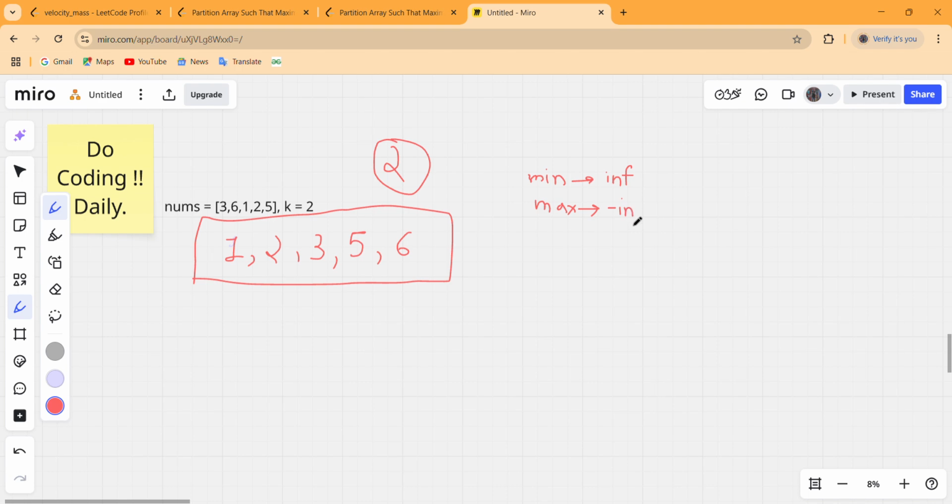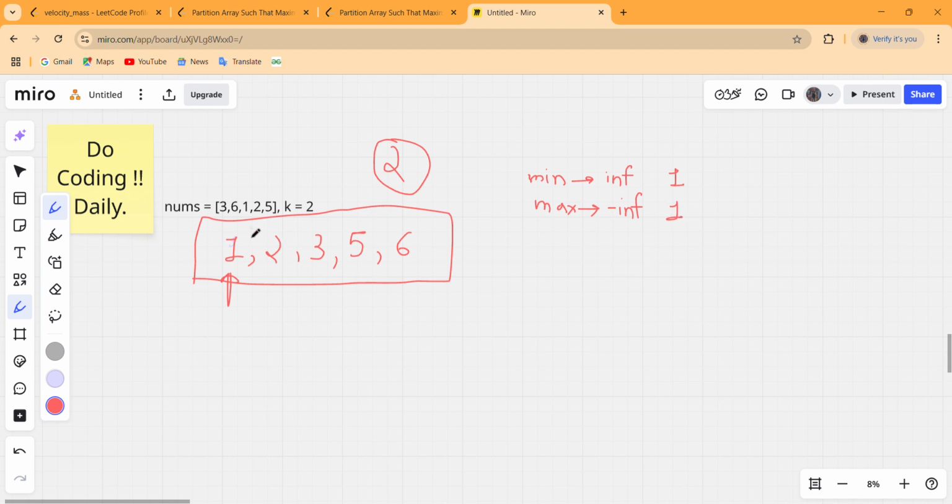And now the thought process to solve this problem is, first we have to sort this and then iterate over this array. That means first keep track of the minimum and maximum number till every I. That means at I equals 0 the minimum number will be 1, the maximum number will be 1,